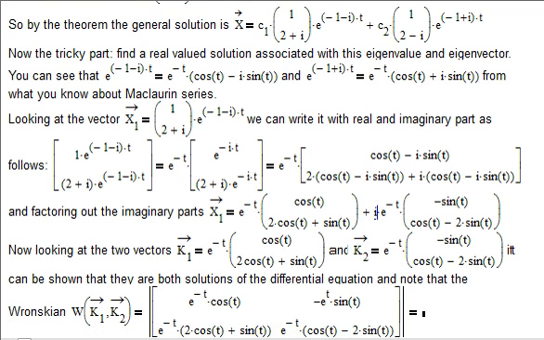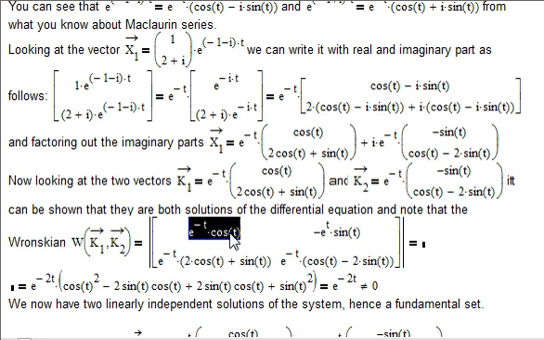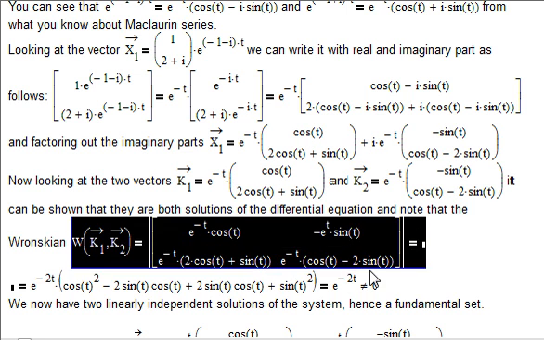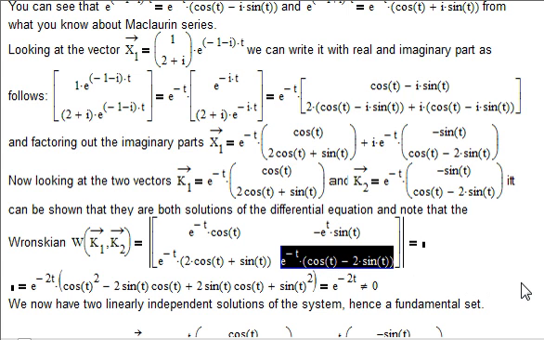By the way, just to show you that they are linearly independent, notice the Wronskian, which is going to be this times this. Well, let me see. Let's do this times this. I don't know if there we go. e to the negative 2t times cosine squared t minus 2 sine t cosine t, and then minus e to the negative 2t times, oh, sorry, it's going to be plus because this is a negative. So plus e, actually that's not e to the 2t, that's going to be e to the 0, so it's going to be plus